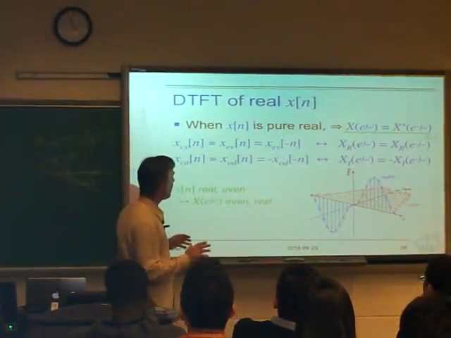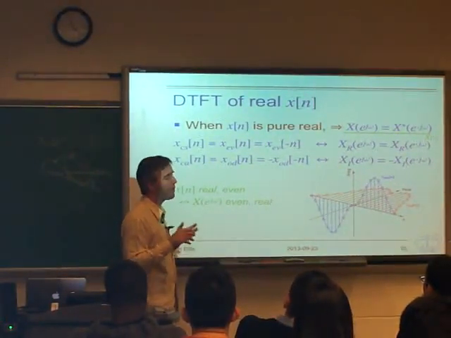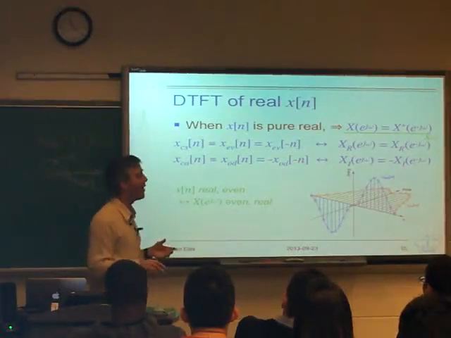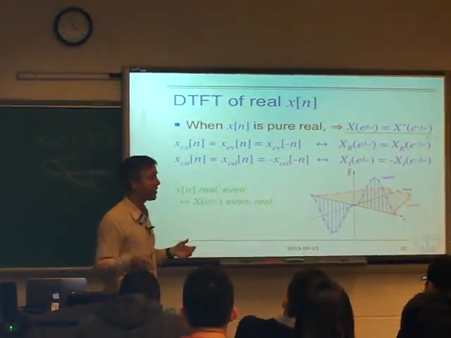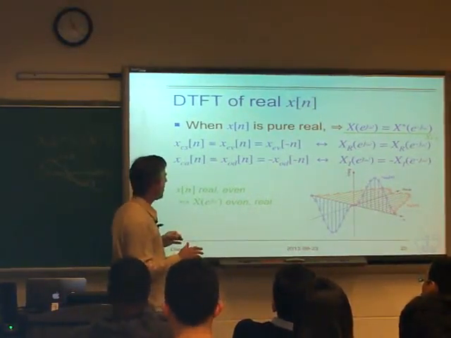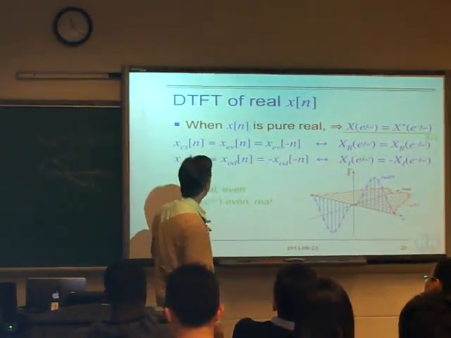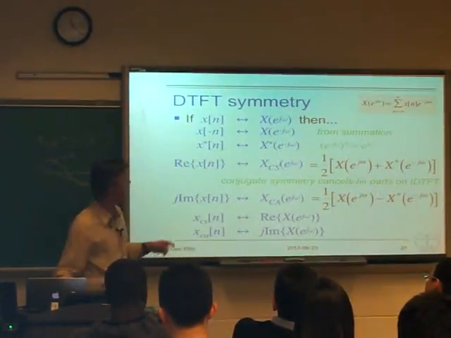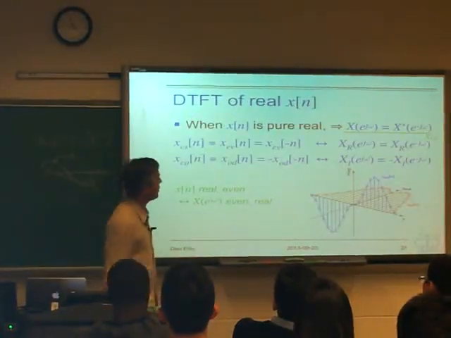Of course, most of the time we're dealing with x of n's that are real, and the whole complex number stuff is just kind of imposed on us to try and make the math work. So let's get clear in our head what happens when x is real. Well, that means that it's this case here, that the Fourier transform is conjugate symmetric, which is just to say that